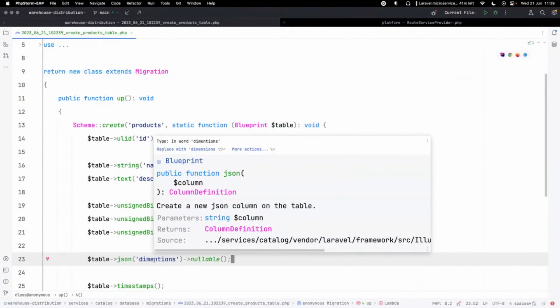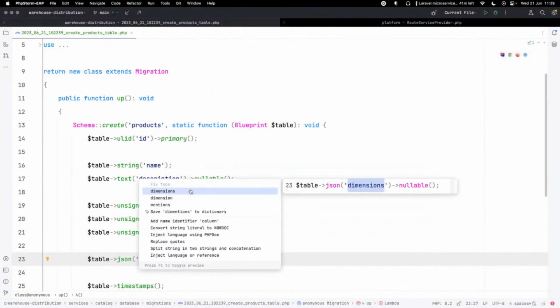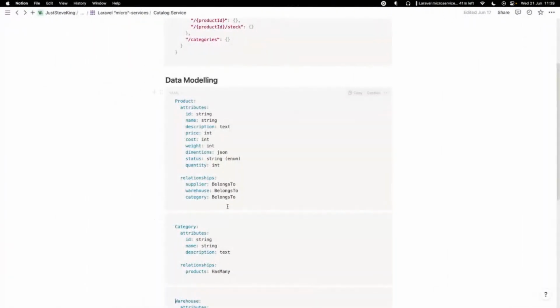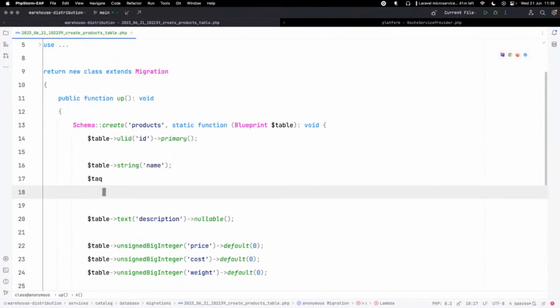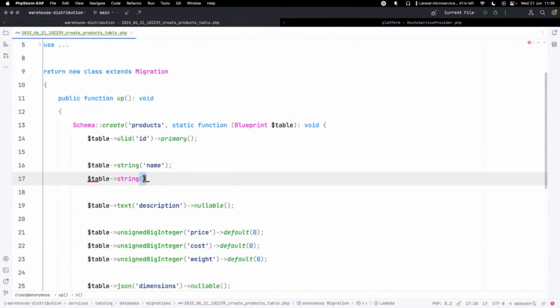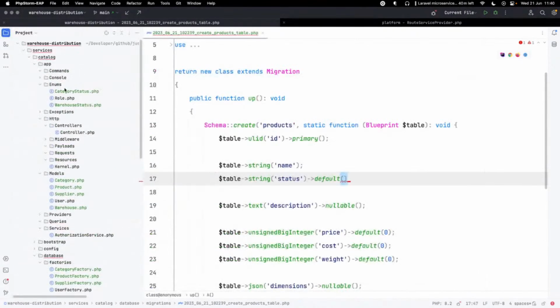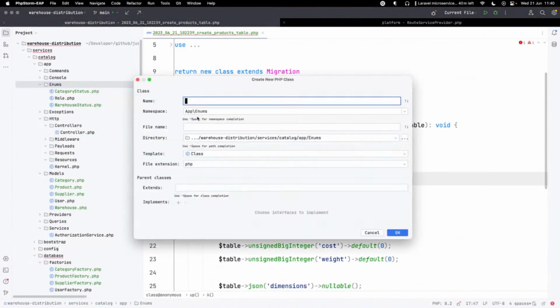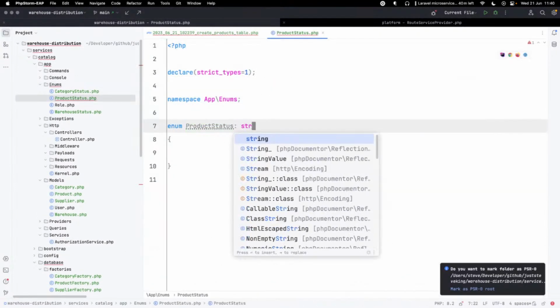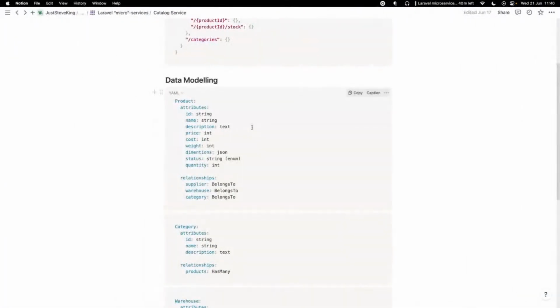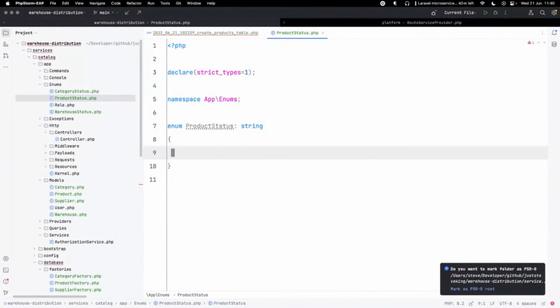That's about right. Dimensions. The status. Table. String. Status. Again, default. Go make the enum. Product. Status. It's an enum. String. Did I say anything about that there? No. So the status could be